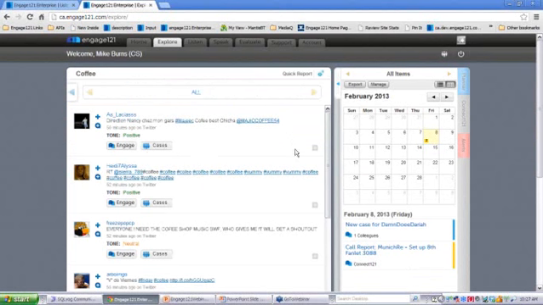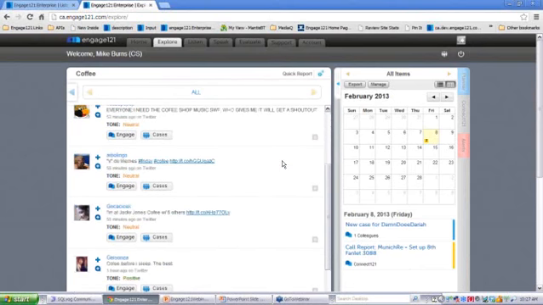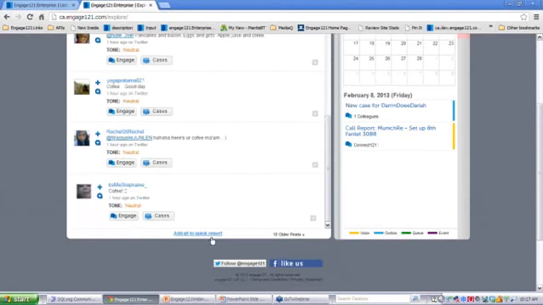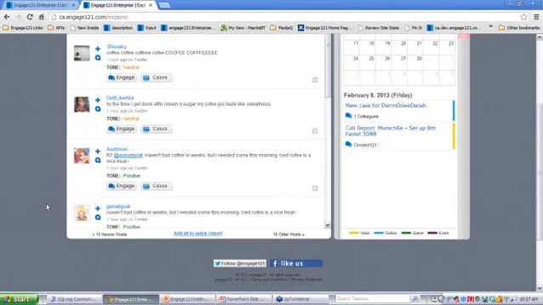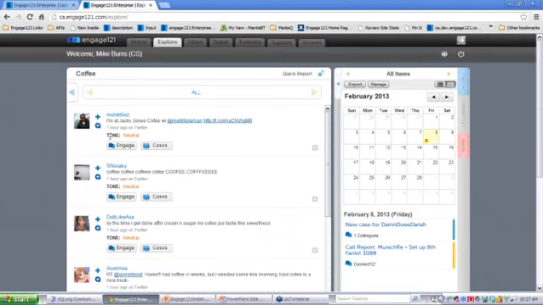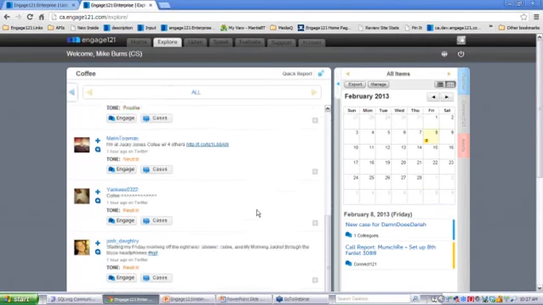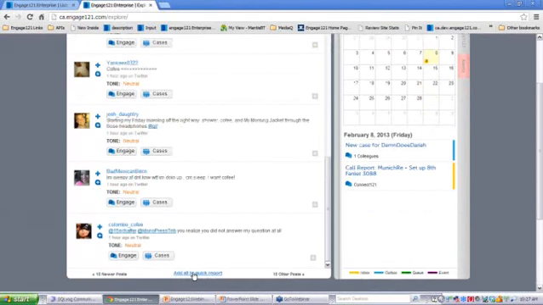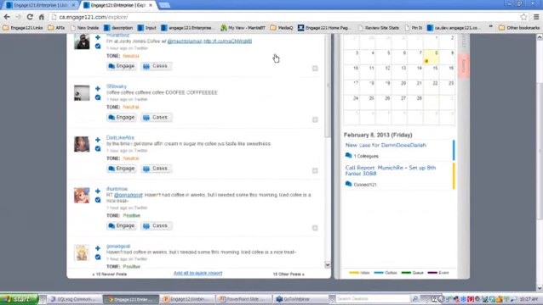And you've always had the option here where you can go ahead and mark as read. You can add them to your quick reports. But now we've added an option here at the bottom where you can add all to quick reports. So previously you would have to go down the list and check the boxes to add all of these to your quick report. Now you can actually come all the way down to the bottom, just click add all to quick report, and then